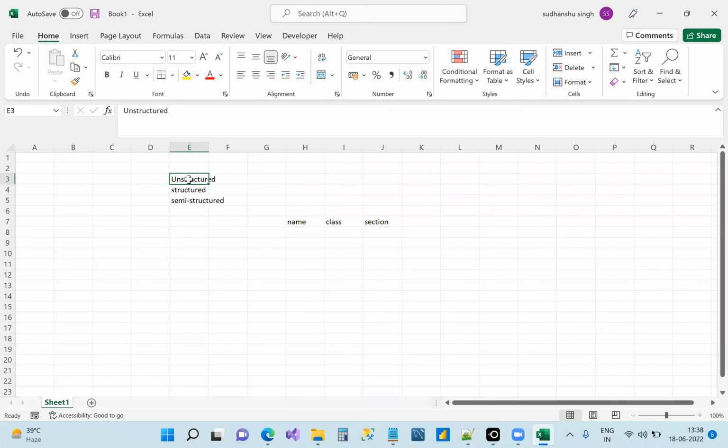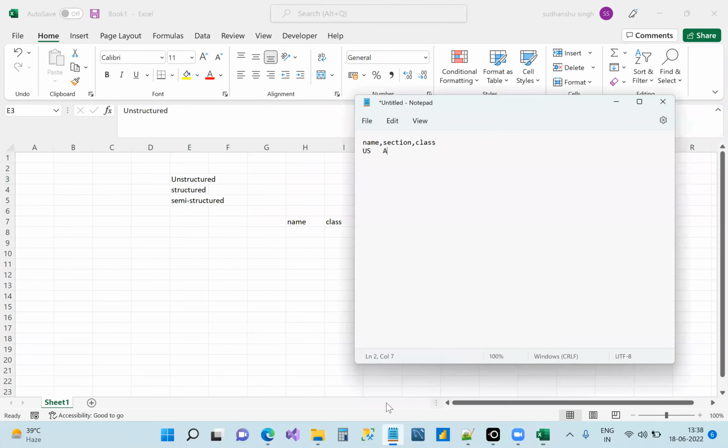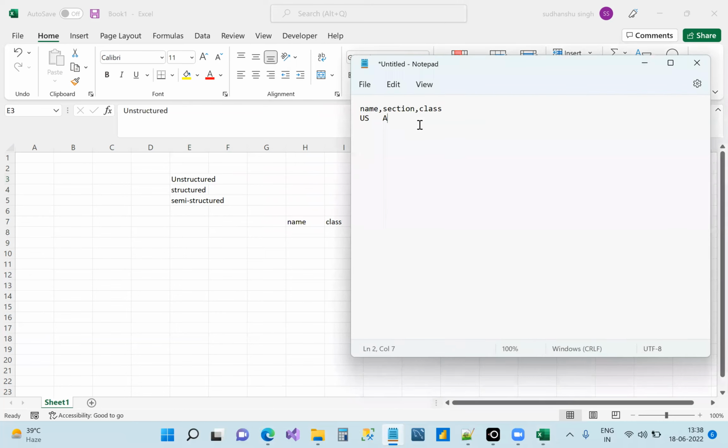Notepad. Notepad data, like right now I wrote, this is not unstructured. This is structured. This is Notepad. In Notepad itself, when your data is written in a different format, it can be unstructured as well. So you cannot say Notepad. When you're in Notepad, it can be both structured and unstructured, remember. So what I have written here is structured because I have proper classification and definition of the data.